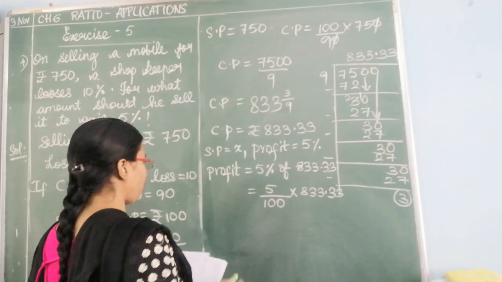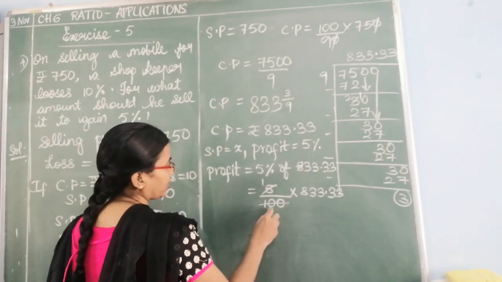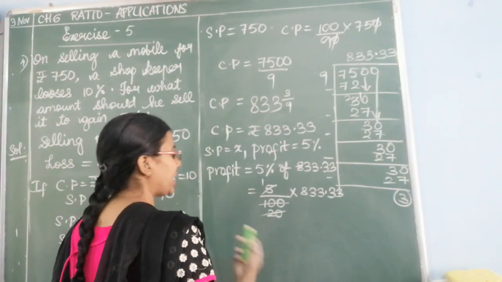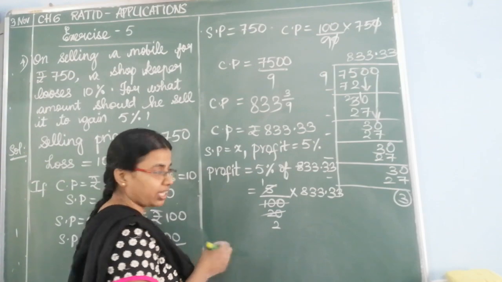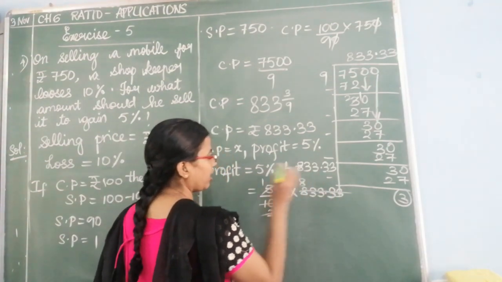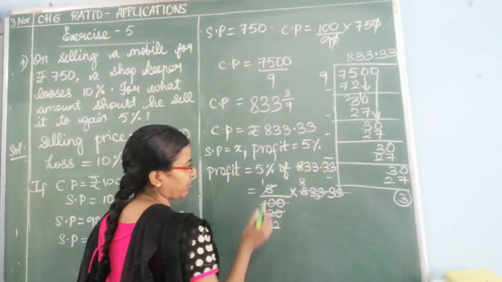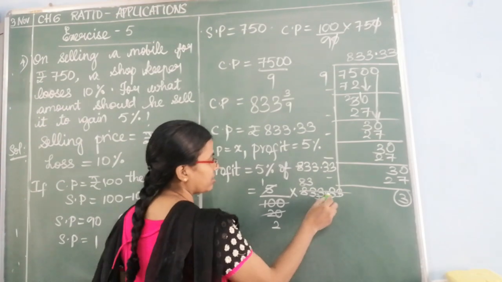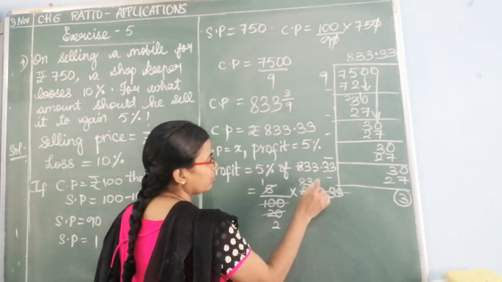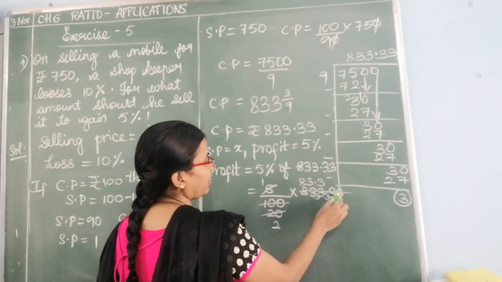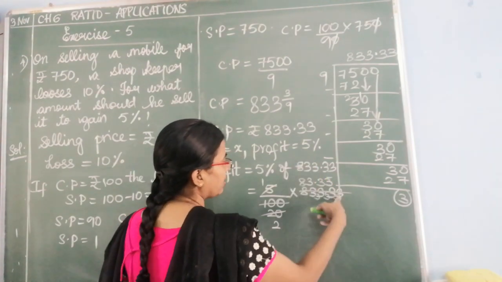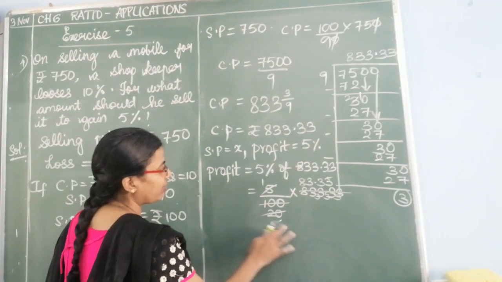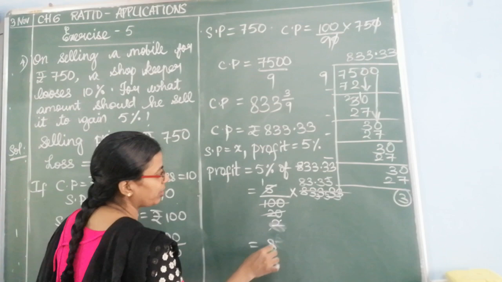833.33. Now we need to cancel. 5 1s are 5, 5 2s are 10, 20. Okay. Now cancel. 10 table I am cancelling. 10 2s are 20. 10 8s are 80. So 3 is the remainder. 10 3s are 30. 33 minus 30 is 3. The remainder is 33. So 0.3 I will get. Then again 3 is the remainder. 3 times 33 times. Now again cancel. 2 1s are. I will write it in the next step because again you may get confused.